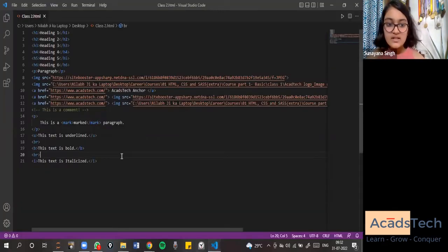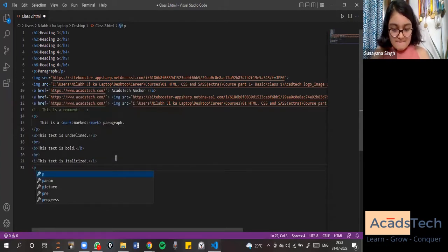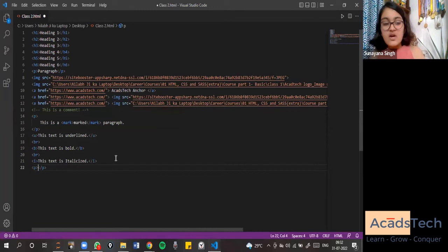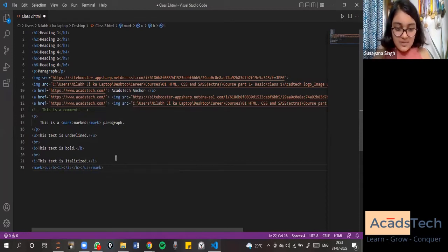Also, someone had another query on whether you can mark, underline, bold, and italicize one single text all at once. Well, you can. Now, first of all, paragraph. You can actually make it into a paragraph, or you can just write it, because by default it is a paragraph. First the mark tag and slash mark, then underline, the U tag, slash U will appear, B tag, slash B, and I tag, slash I. Now, in between this, right,